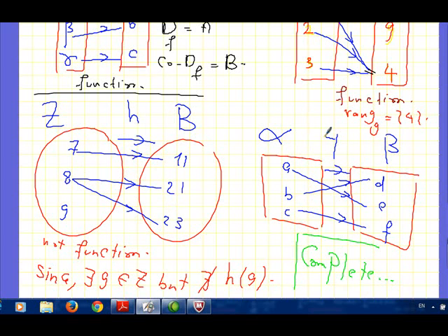Also this function y, we cannot call it a function until this moment, but it transfers elements from alpha to beta. The elements of alpha are A, B and C, the elements of beta are D, E and F. For each element in alpha there exists one and only one image in beta, so y we can call a typical example of functions.